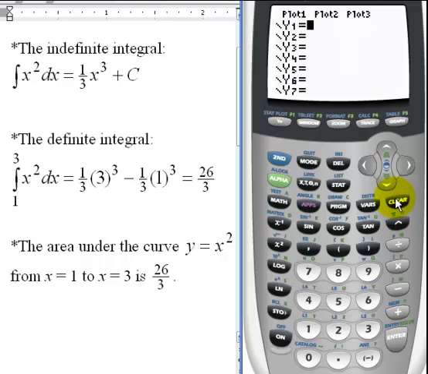Now, I have to be a little creative. So in y1, I'm going to do math 9 and call in the function integrator, and I actually have to use a dummy variable, if you will. So in the function integrator, instead of typing x squared like I would right here, I'm going to use a different letter. I'm going to do alpha 4 and bring in the letter t up here. I can use any variable I want, but I'm using t. So I'm going to integrate t squared, comma, as t,